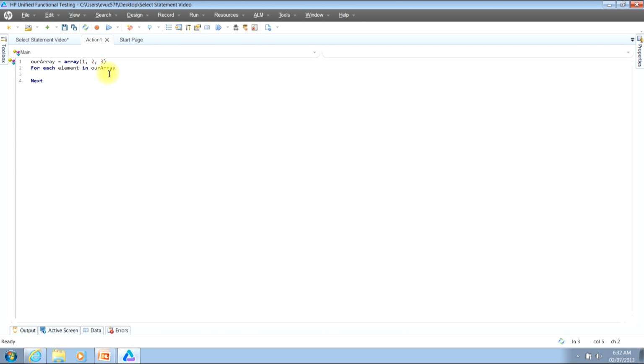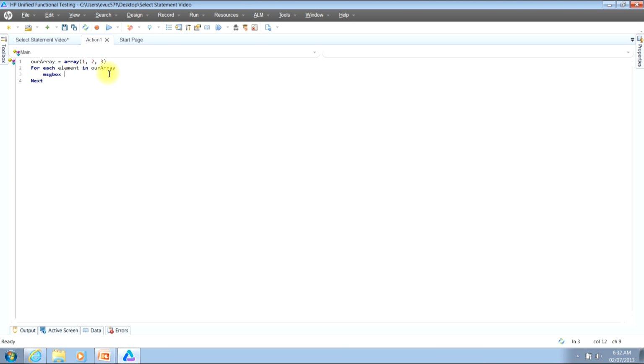So let's now move down to line 3. We would like to make a message box appear to give us some information about each element as it iterates through. So to do this, you need to type in the message box command, which is MSGBOX. For more information on message boxes and how to use those in your scripts, feel free to reference one of my other videos where I go into more information on those. So once you've typed that command, now you need to hit the space bar,